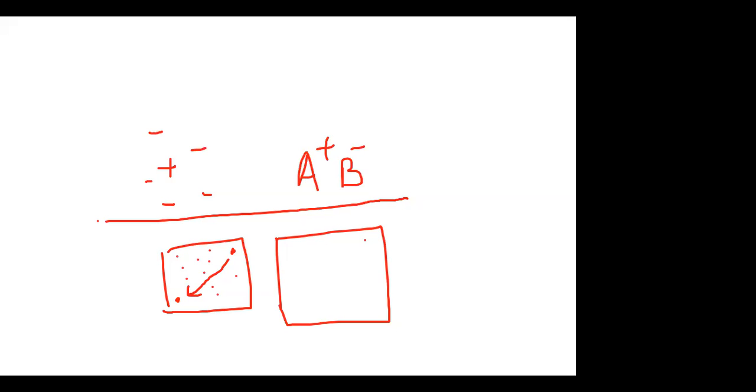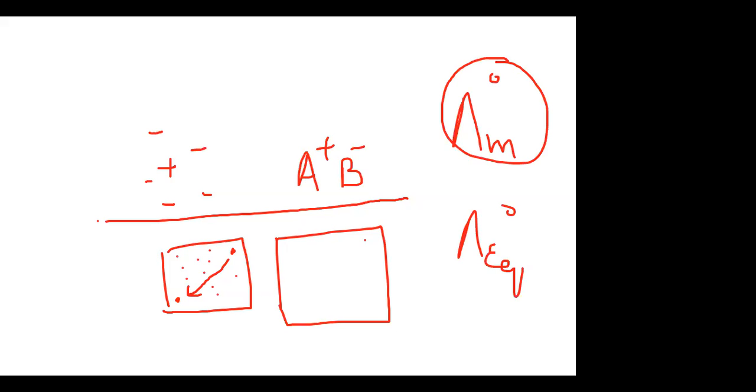That is the molar conductance at infinite dilution, or the equivalent conductance at infinite dilution. And these conductances are designated by a knot on the top, or you can write it like this, and equivalent like this. So this is molar conductance at infinite dilution. This is equivalent conductance at infinite dilution.